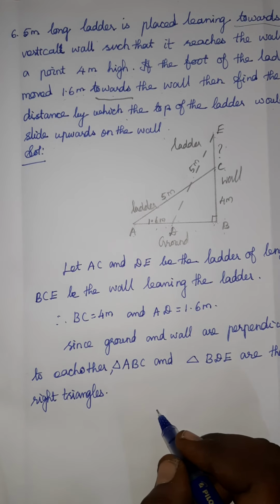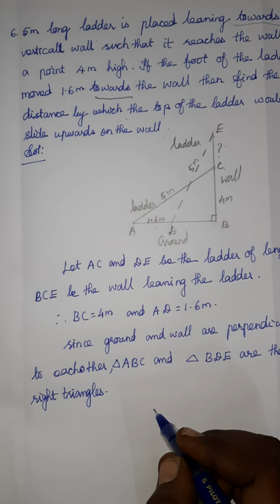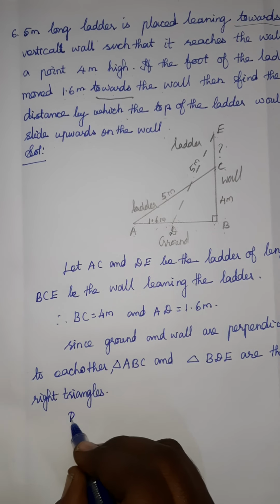So we got the two right triangles. Now by Pythagoras theorem,